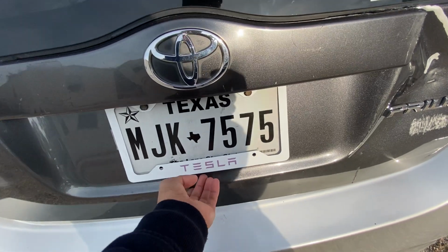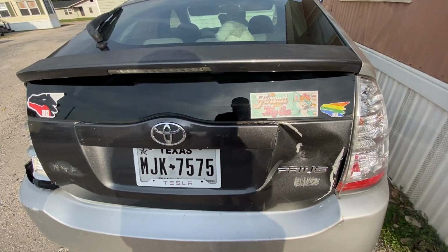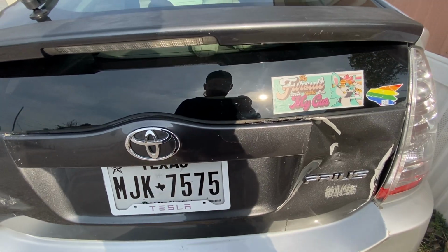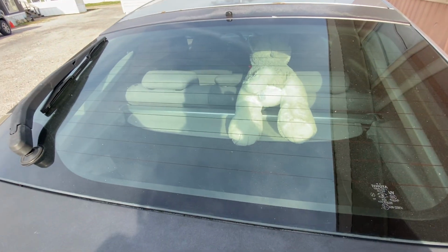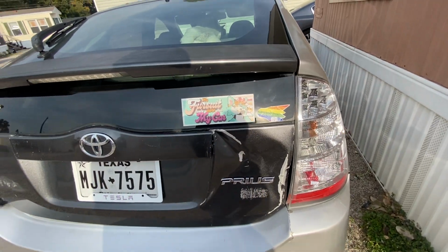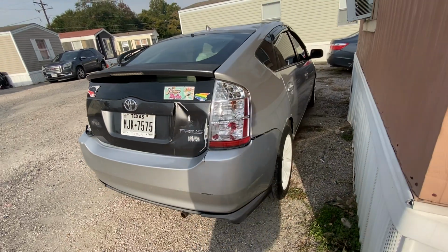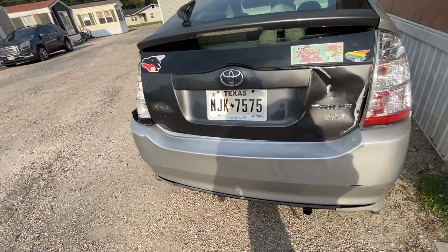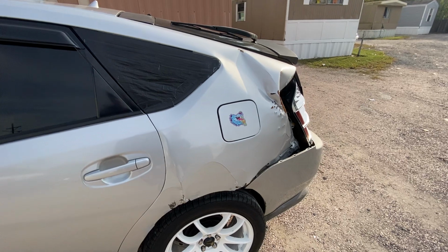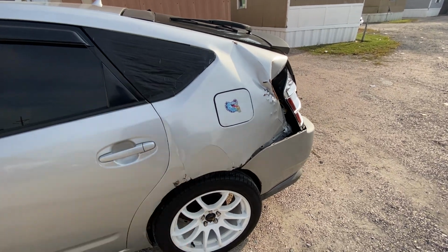Obviously, you always gotta rock the Tesla. That's pretty nice. And I did finally fix this right here with no clips, with actual screws. So that's pretty nice. And you guys can see that back there. I got a subwoofer. There's my furry stickers, obviously. Other than that, the rest of the car looks perfect. Let's see, what else did I do to it? That sticker right there is still holding up, but like I said, stay tuned for the new quarter panel and